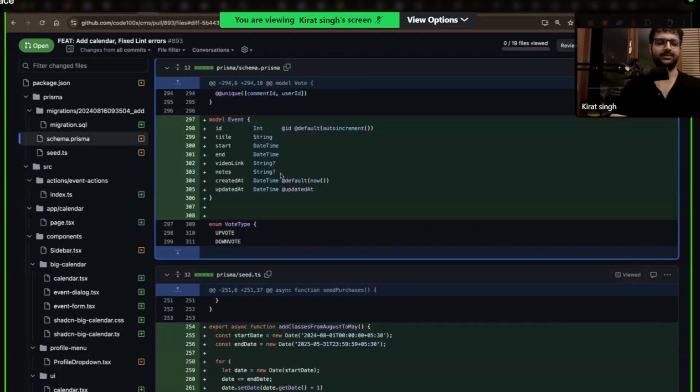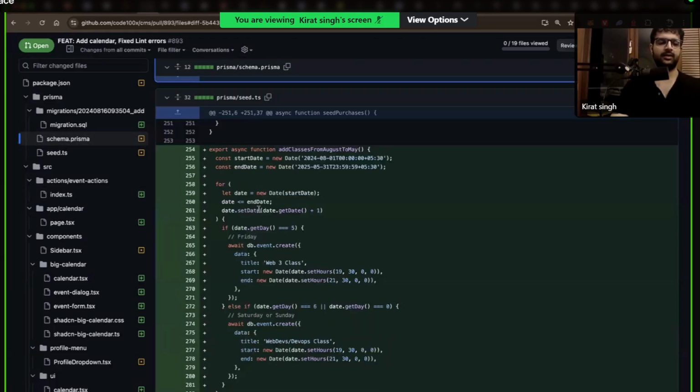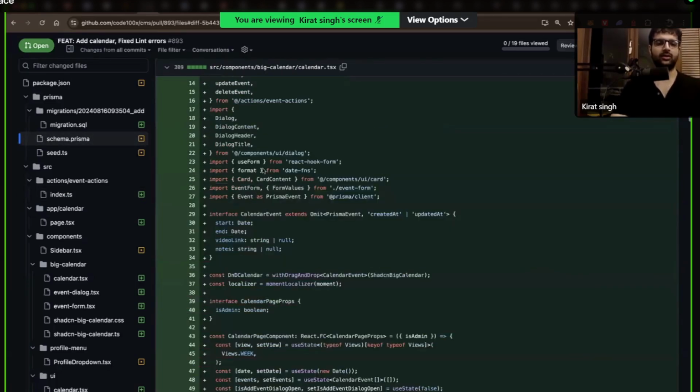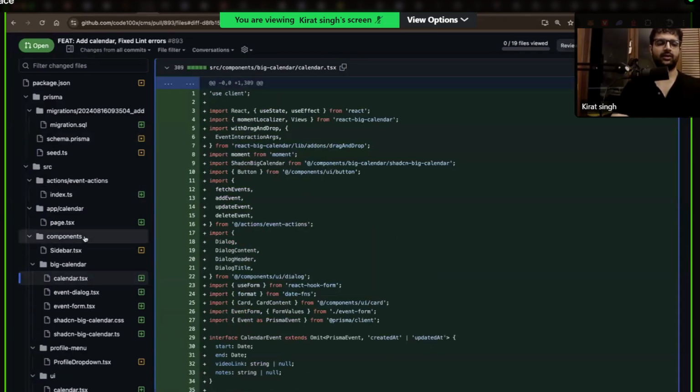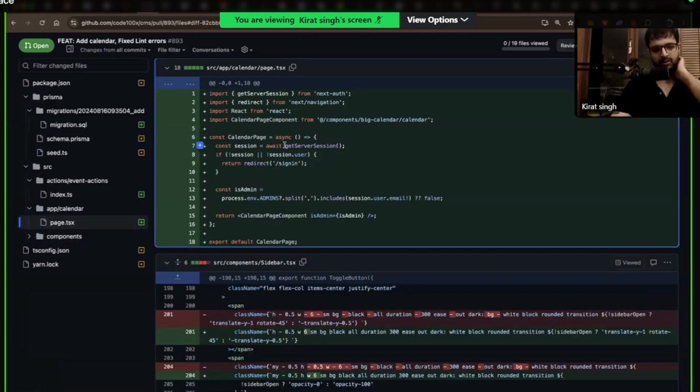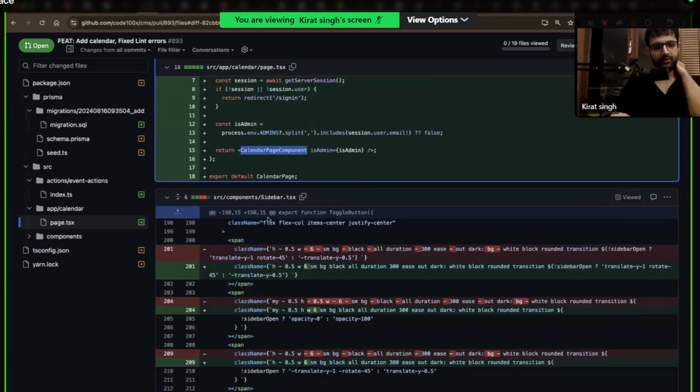You have a schema update called event. And when the user goes to the calendar page, which is this page right here, we render this component.